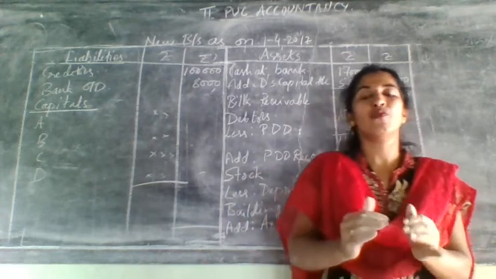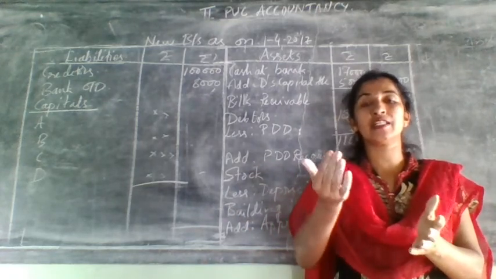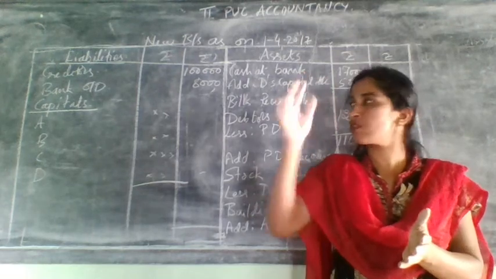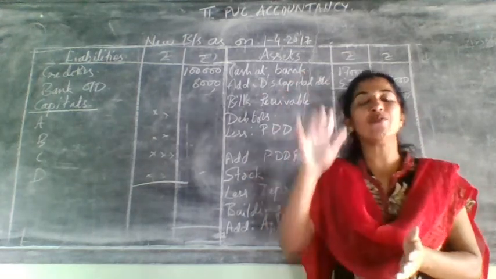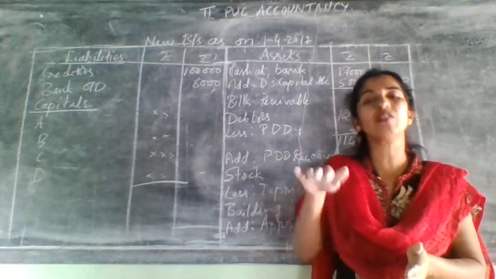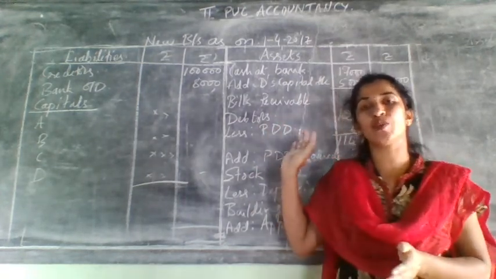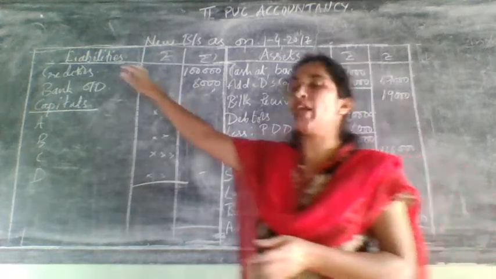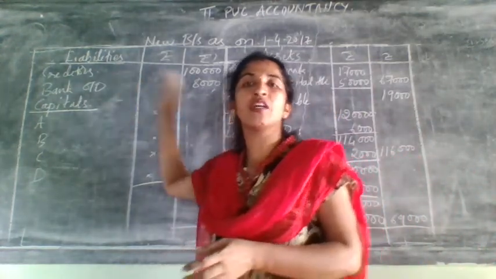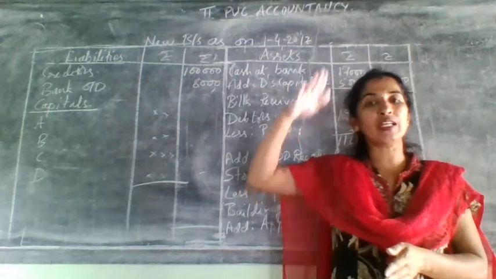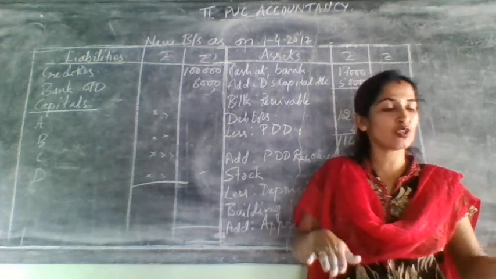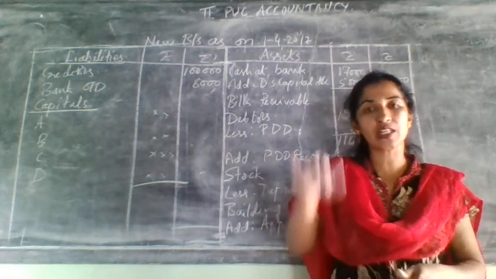That means if it is an increase in the value of an asset, it is income for us. If it was a decrease in the liability also, income for us. That's why it will come on the credit side of the revaluation account. Why are we doing minus here? Because our liability was decreased. It was not increased by 2,000, it was decreased, right?